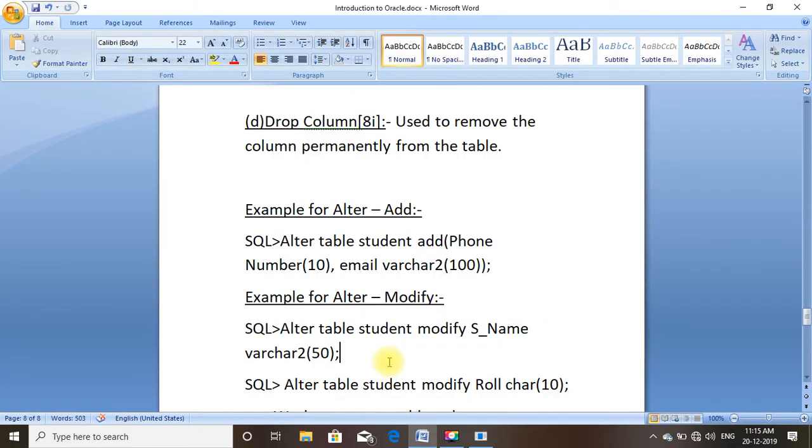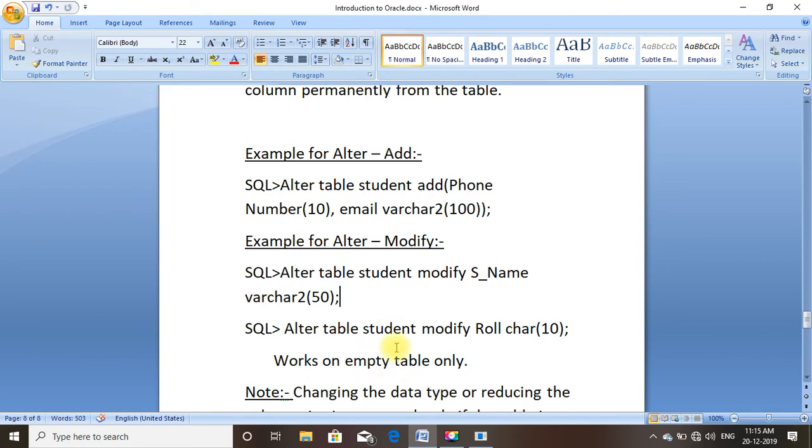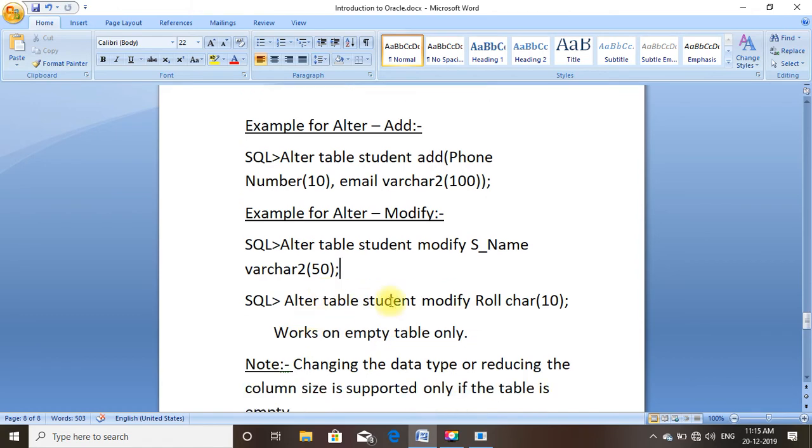Now we shall come to the next command. One more example is there for modify. This command works on an empty table only. Alter table student modify role char 10. We shall copy it and paste it.